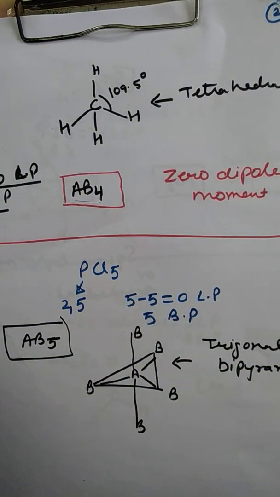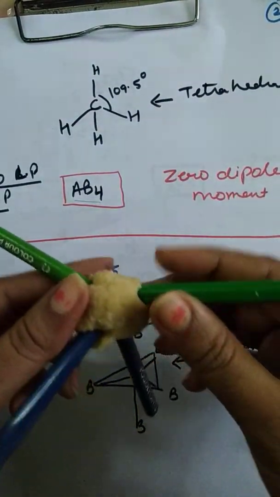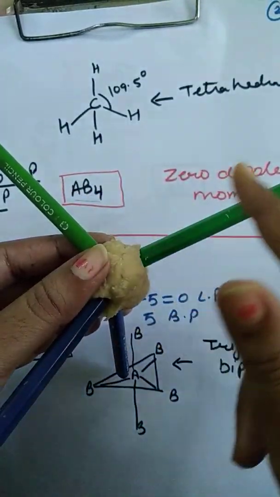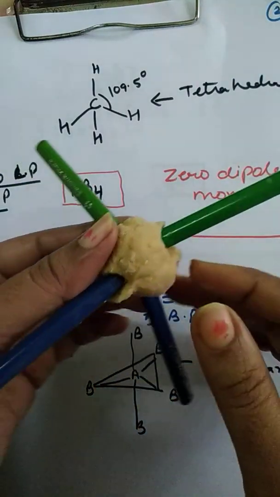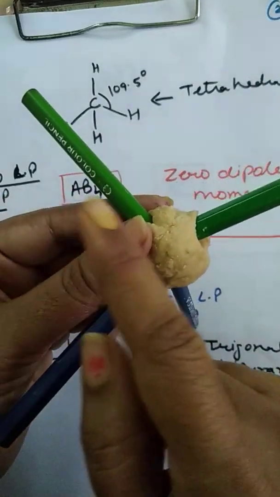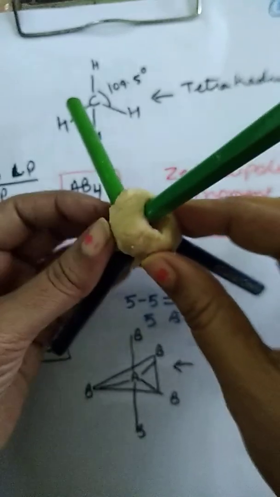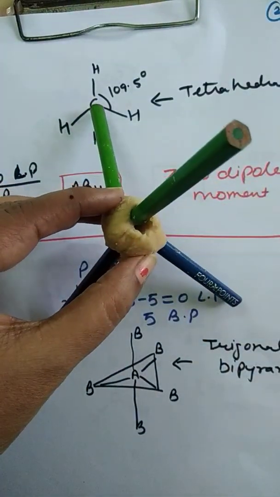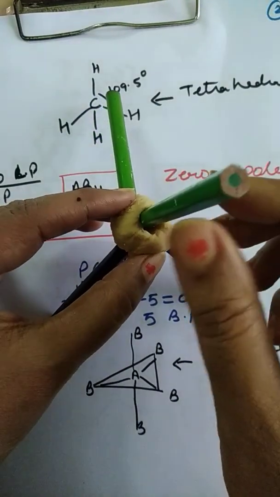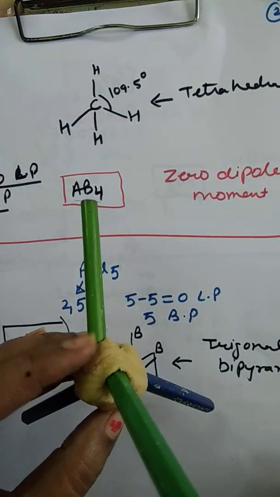Many times we have some kind of difficulty understanding the tetrahedral shape. Actually, a tetrahedral shape can be seen as 2 V's. You can see these green pencils making one V, and these blue pencils making another V. So this V is actually perpendicular to this V. But if I rotate this molecule, now you can see 3 atoms form a pyramidal shape in the plane and 1 atom is here. So for convenience, we draw the tetrahedral shape like this.